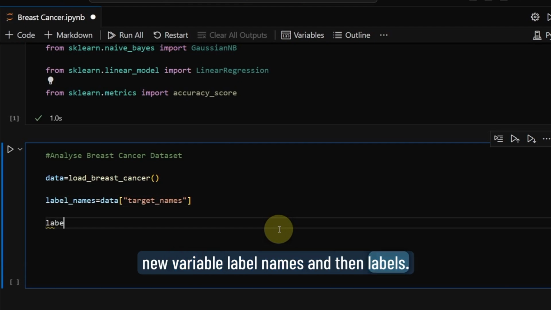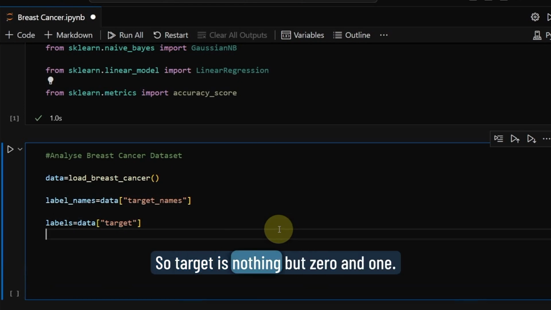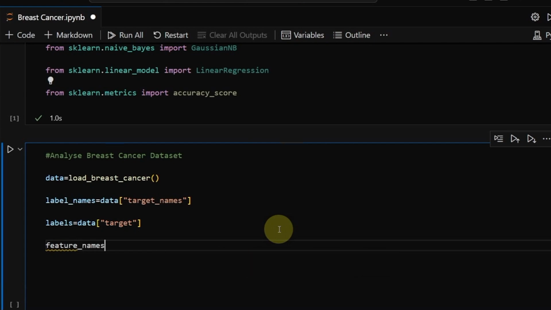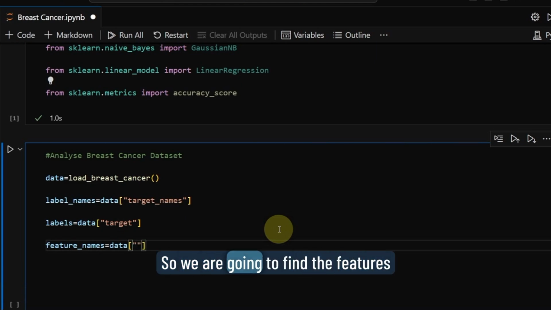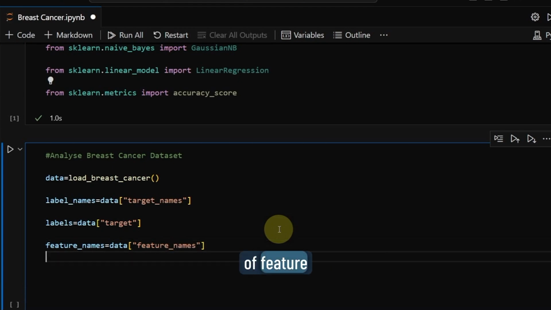And then labels is nothing but 0 and 1. 0 is for no cancer, 1 is for cancer. So that's the target. So target is nothing but 0 and 1. And then we are going to create a new variable, feature name. So you have to type feature name equal to, so we are going to find the features available in our data set. So data of feature